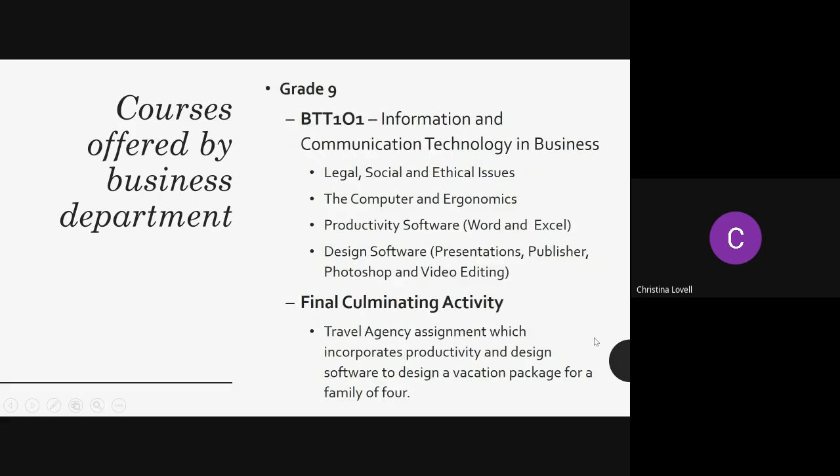In grade 9, we look at legal, social, and ethical issues. So we learn about what happens to a computer or electronics when you throw them away without proper recycling. We also look at the connection between social media, mental health, and well-being. Then we look at the internal components of a computer, understanding what the hard drive is, what memory is, and all that stuff, so you have some sort of understanding of how computers function.